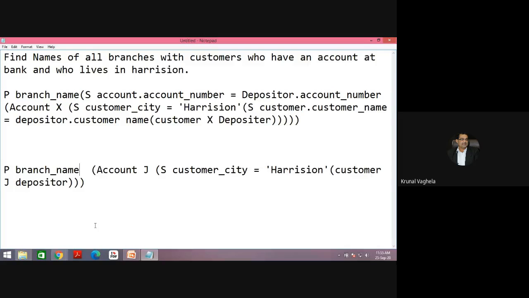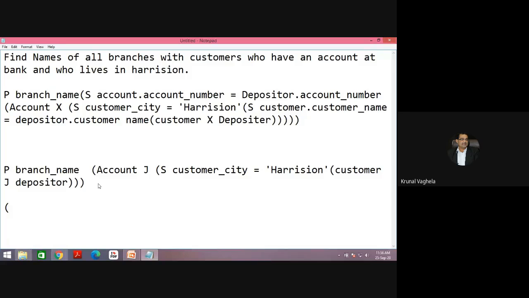This is the better version with the join, because in join you can combine. Now, if you want one more version where it is very easy to write the query, but the cost will be more, you perform join of all the three.